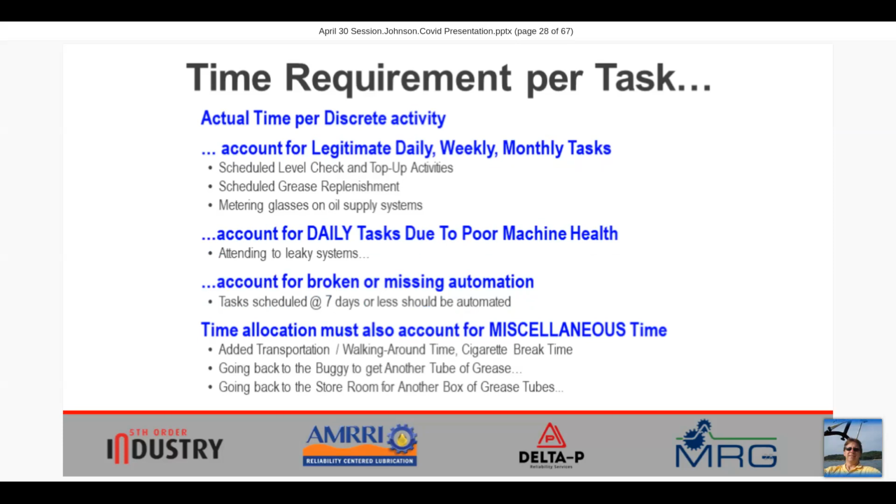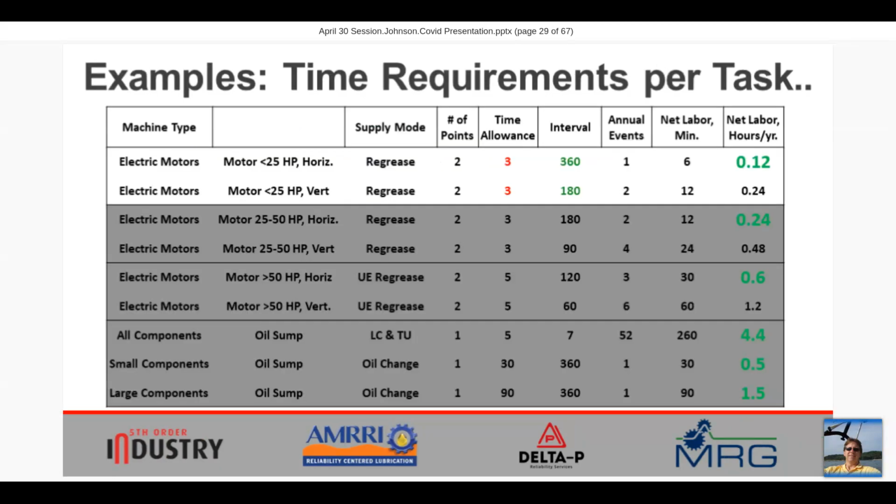Walking around time to get from the meeting room out to the machine, cigarette break time, going to the buggy to get another tube of grease, going to the storeroom to get another box of grease, that kind of activity. So there's all kinds of activities that have to be accounted for. Whatever the number of tasks, we have to account for those activities.